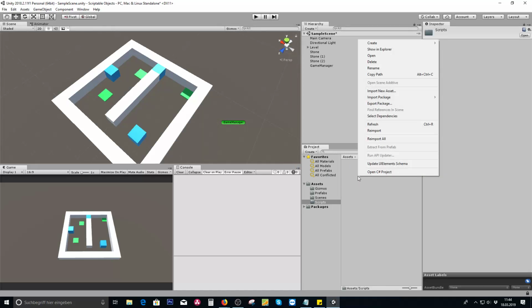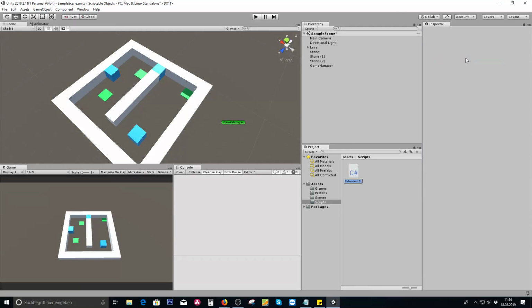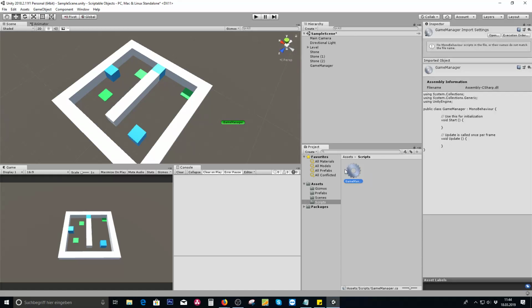Okay, so you have your scripts, you have your systems, everything is good to go. And what I need to do is create a new C# script. I'm going to name it Game Manager. And once this is done and running and open, you can see, whenever you are in Unity 2018 and over,